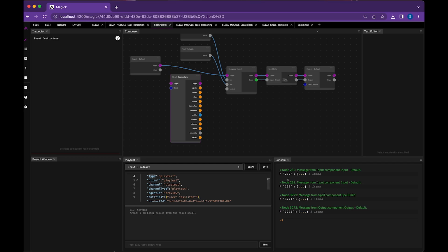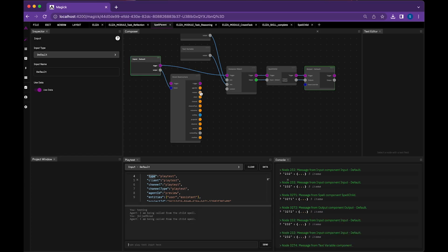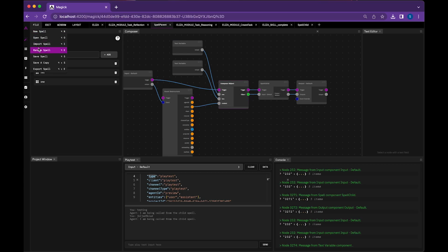So we send all this data in, it turns into an object that hits our input. Our input we then destructure to break out all of these. We grab the content, and the content is what you send into this playtest window down here. We grab that content, we shove it into the content, and now we have this object that has 1, 2, and content. Cool. And I have to make sure that we trigger that so that it actually happens. Then I'll save that. Now if I go into my spell child,